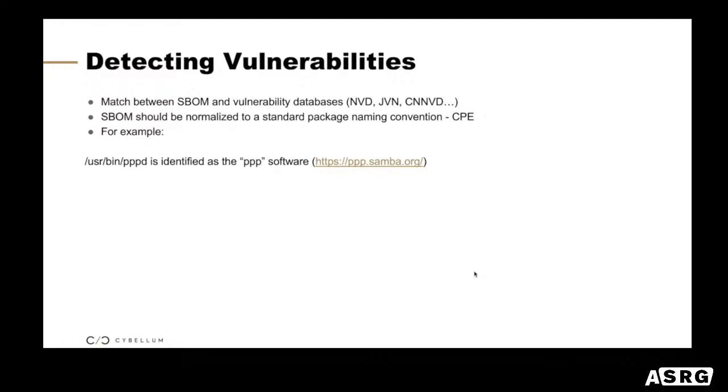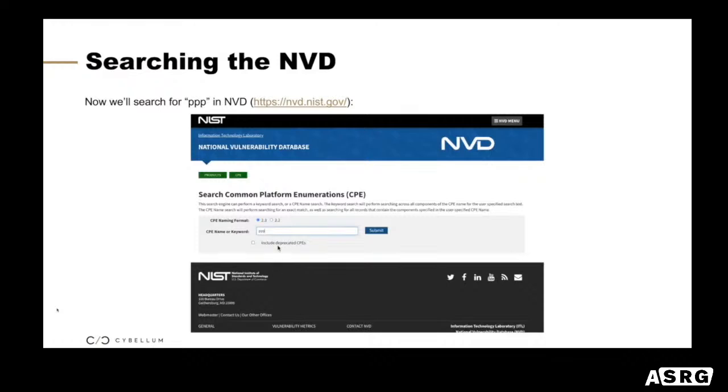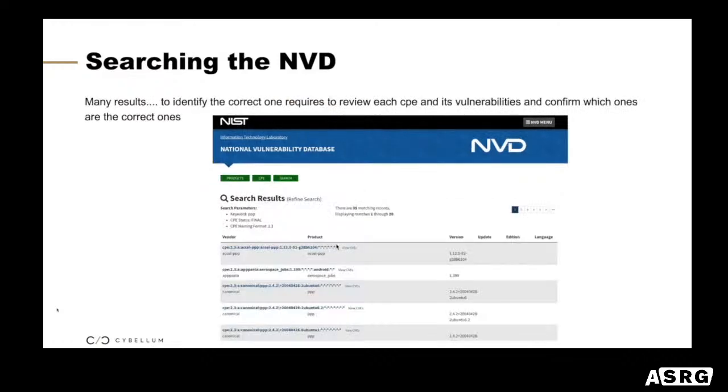For example, I identified that the usr/bin/pppd file is identified as the PPP software, which is this website. But the question is, how is it represented in the vulnerability databases? So if you search for PPP in NVD, I'm looking at the NVD website, I'm clicking on CPE search, and I'm searching for PPP. What you'll see is that you have many different names for PPP. There are many results. And how do you know which ones represent the PPP that you are looking for? This is a challenge,